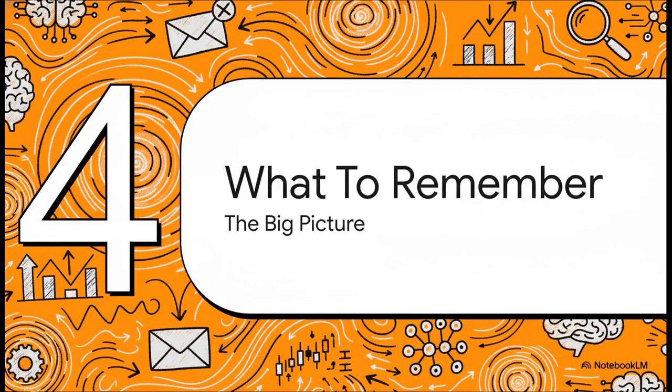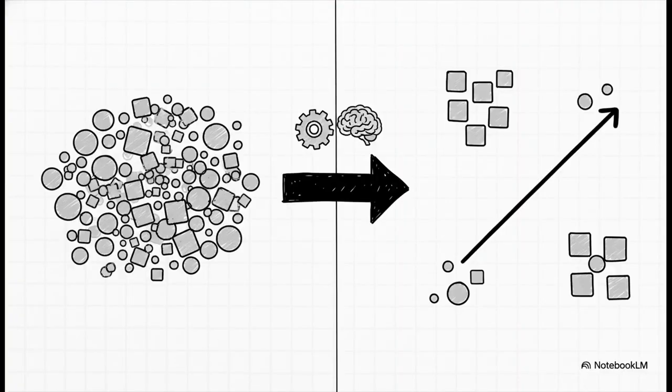All right, we have covered a lot of ground here, from spam filters to stock prices and beyond. So after all that, what's the big picture? What's the one thing you really should take away from all of this? At its heart, machine learning is just this. It's a toolbox for finding meaningful patterns in data and then using those patterns to make really good guesses about new things it hasn't seen before. It's not a machine thinking like a person. It's a machine being incredibly good at finding statistical clues, just on a massive, massive scale.